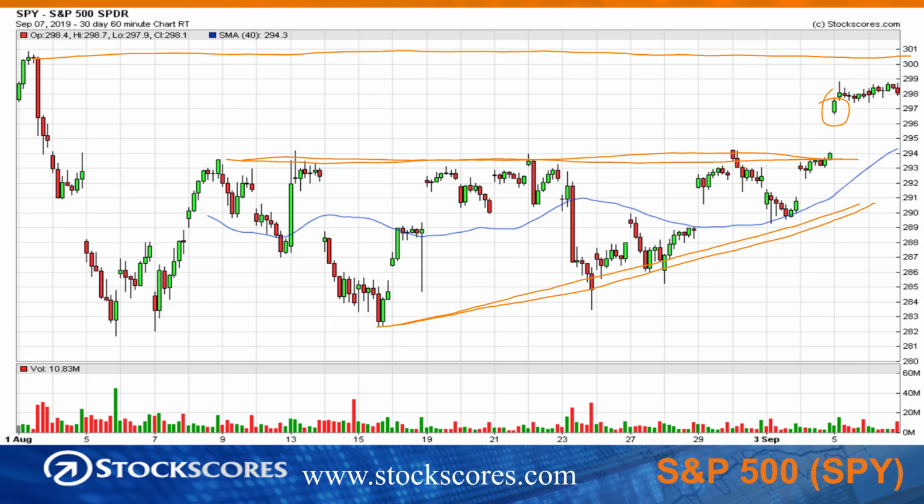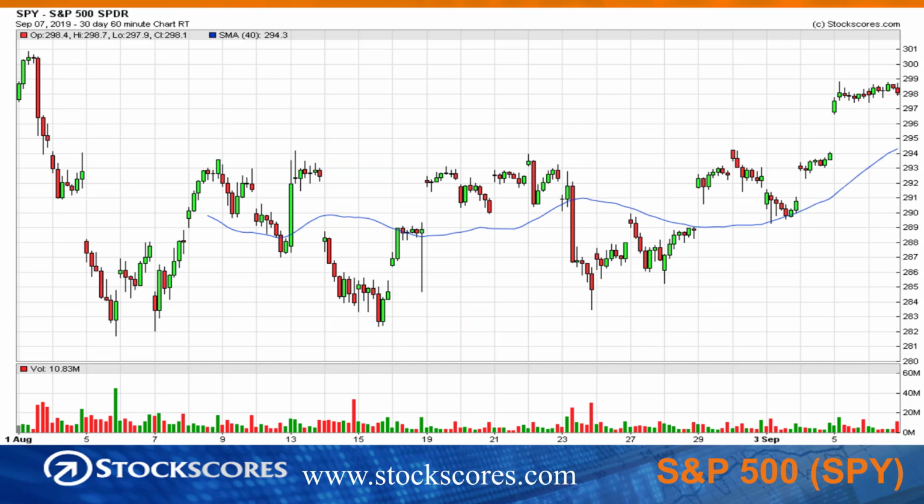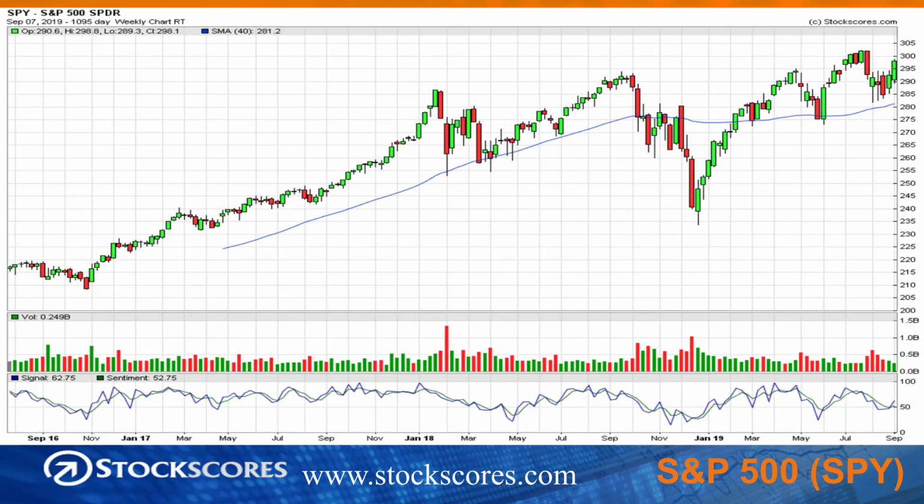I do think we're headed toward that unless there is a negative headline, perhaps a tweet from Trump that causes a little bit of concern about those China-US trade talks. That's really the risk factor right now. I think the market wants to go higher, but there's some trepidation because what if there is some negative headline